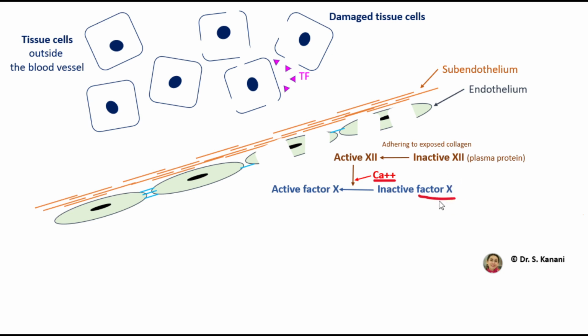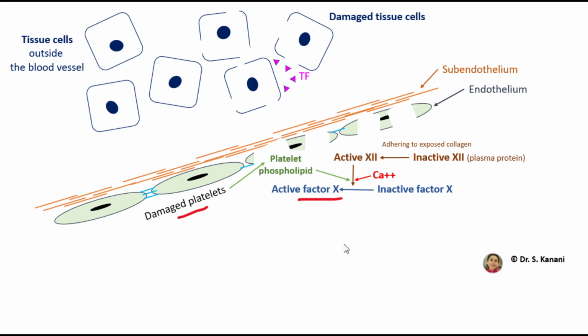Recall, factor 10 is also a plasma protein. However, this reaction is slightly slow, so we need a catalyst to speed up activation of 10 by active 12. The catalyst for this reaction would be the phospholipid molecules that we get from damaged platelets. So platelet phospholipid, which is released from the damaged platelets, is the one that speeds up activation of factor 10